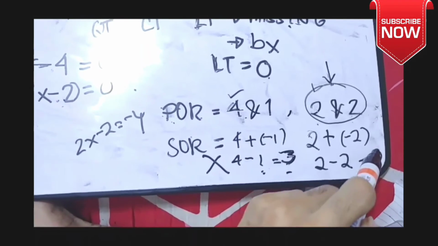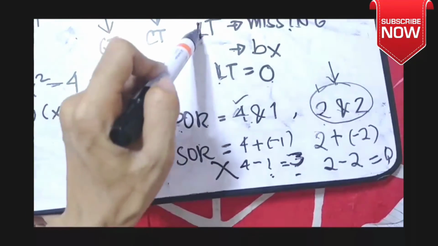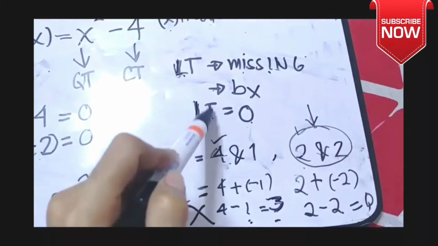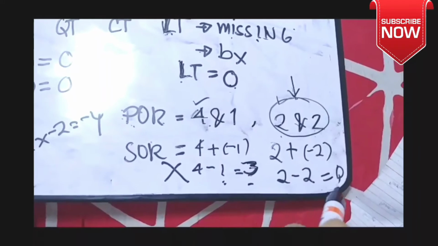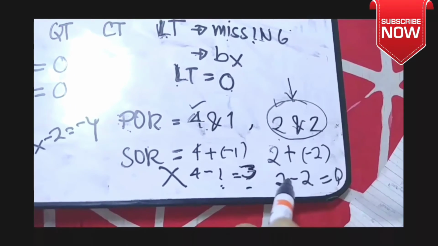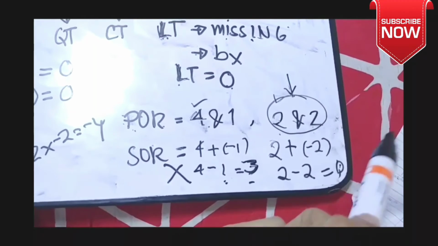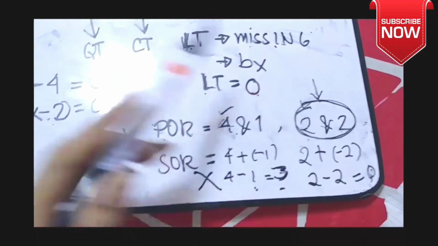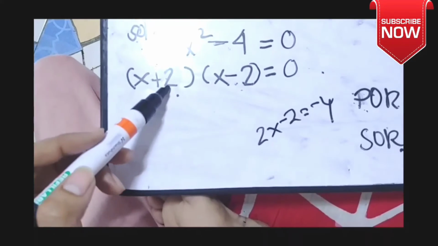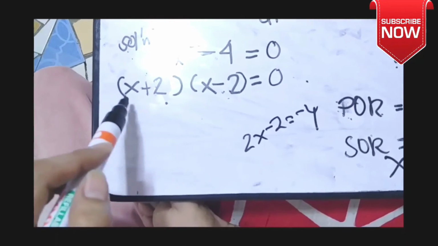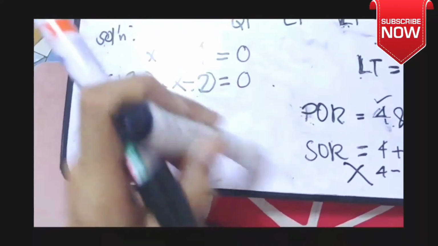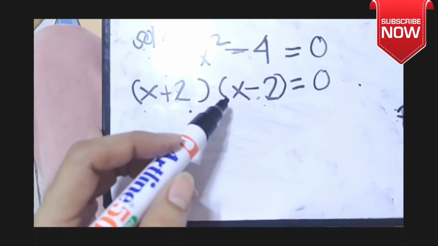0. And based on our explanation, if linear term is missing, therefore, linear term must be 0. And based on the solution, 2 minus 2 is equal to 0. Therefore, ang assumption natin na 2 and 2, yan ay tama. Okay, so therefore, ilalagay na natin siya dyan. So, delete lang tayo. Okay. Since tama na yung sagot natin,